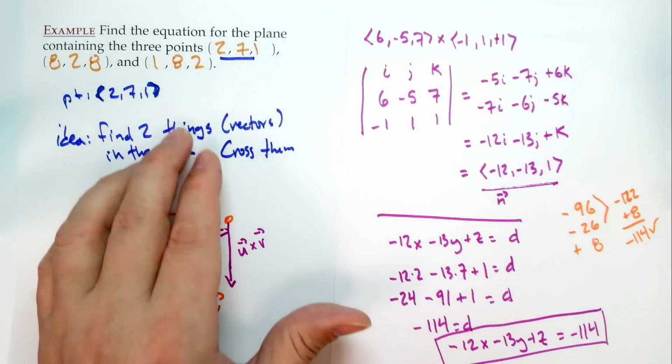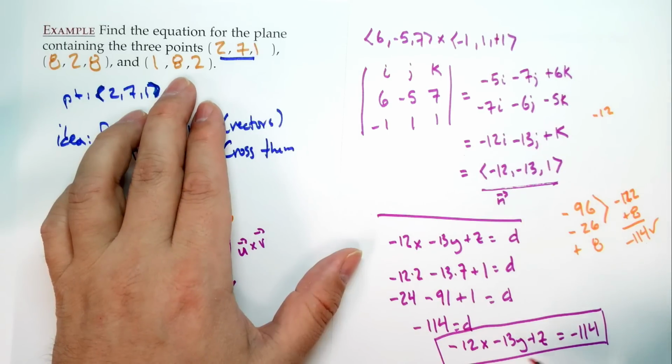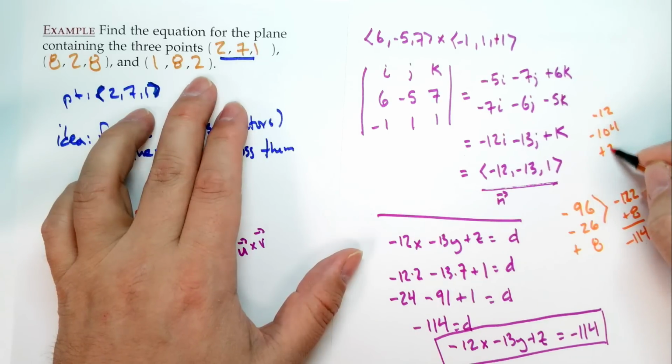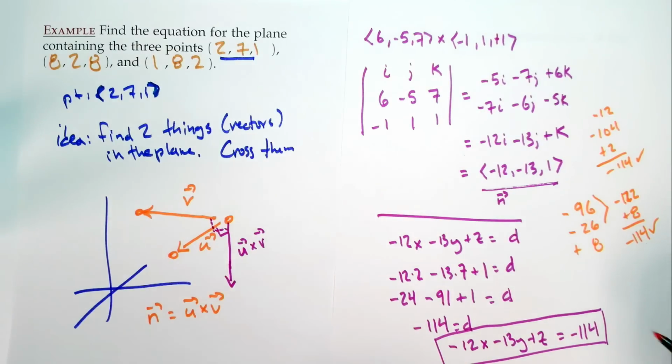Well, okay, another check. So 1 times negative 12, negative 12. Negative 13 times 8, well, that's like 80 plus 24, that's 104, but I'm subtracting. And then plus 2. So negative 12 minus 104, minus 116, plus 2, minus 114. Check. Good. So we can be 100% confident now that this is the right answer, because it is a plane,